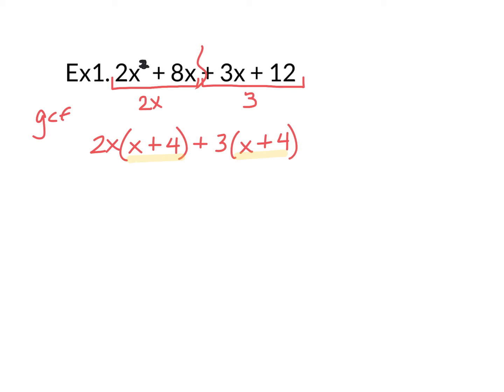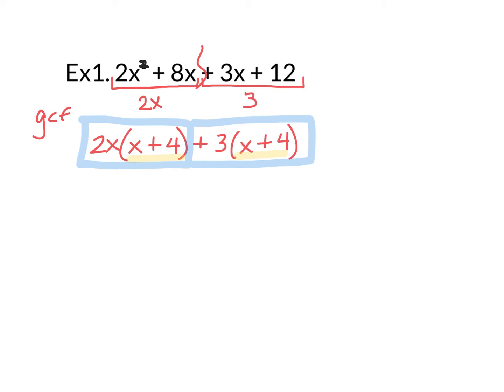So now, if you can kind of wrap your head around this, we want to pretend like we have 2 terms. So now we've got these 2 terms. I have 2x times x plus 4, and I also have positive 3 times x plus 4. So if I think about those as 2 separate terms, it is now true that the GCF of these terms